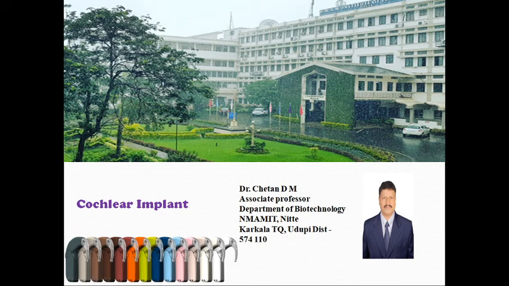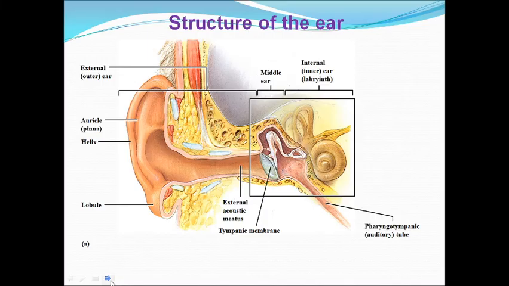Like the pacemaker system, pacemakers saved millions of people, infinite numbers of people, and longevity also increased, and the quality of life is increased by another design. The design is the cochlear implant. Let us discuss today what this cochlear implant is, how they implement it in the system, and what the scope is. To understand this, first we have to understand the structure of the ear.